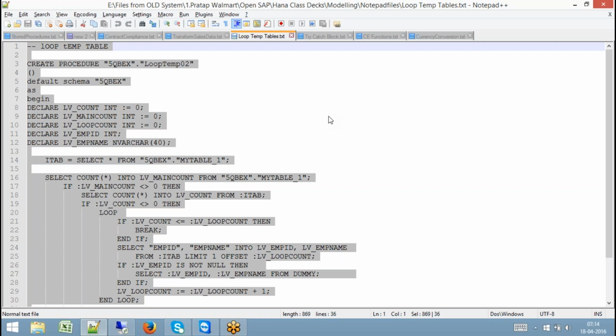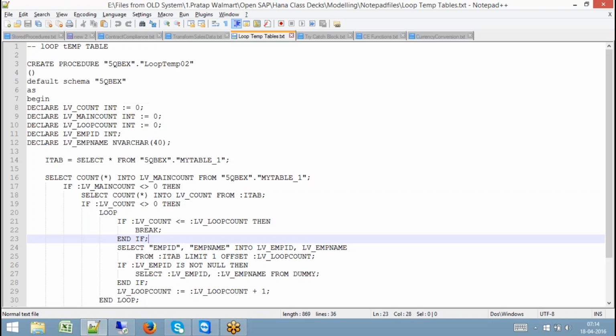So in ABAP, we have the FOR ALL ENTRIES concept, right? That is not applicable in this case. HANA will not have FOR ALL ENTRIES. Even when we were working with BW on HANA, we are not supposed to use FOR ALL ENTRIES, because when you use FOR ALL ENTRIES,